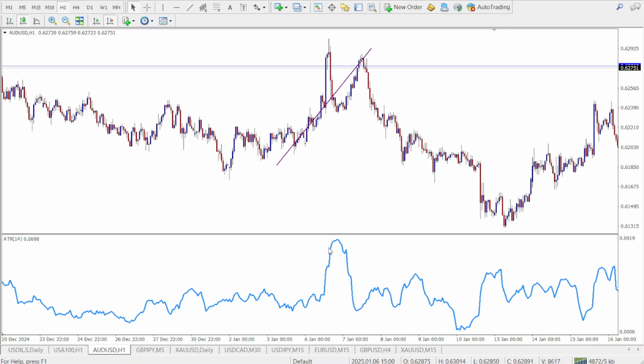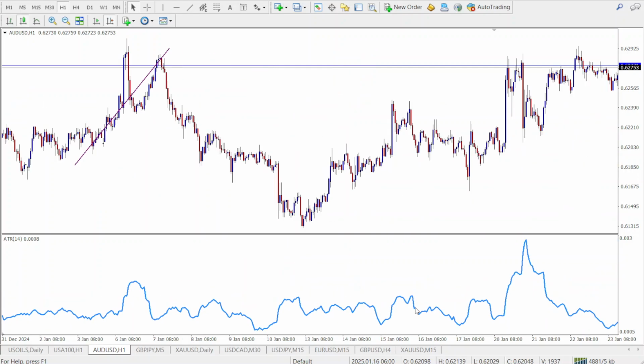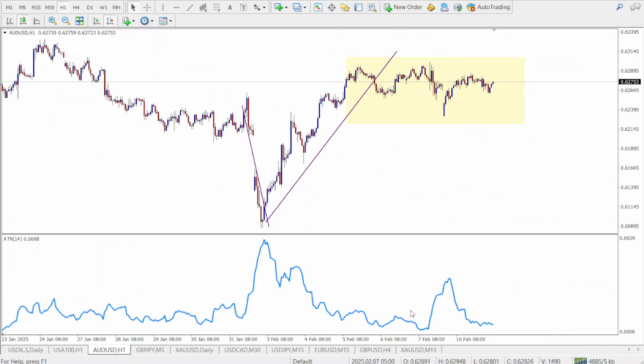Just know that rising ATR values indicate increasing volatility, and lower ATR values indicate a decrease in volatility, okay? Because if the ATR is falling, it means that volatility is decreasing, so you expect slower movements. But when the ATR value is rising, you expect larger price swings. Now, high ATR values suggest strong trending conditions, while low ATR values indicate sideways consolidation. You can see when we had these low values, the price was moving sideways. All right. The next step is to